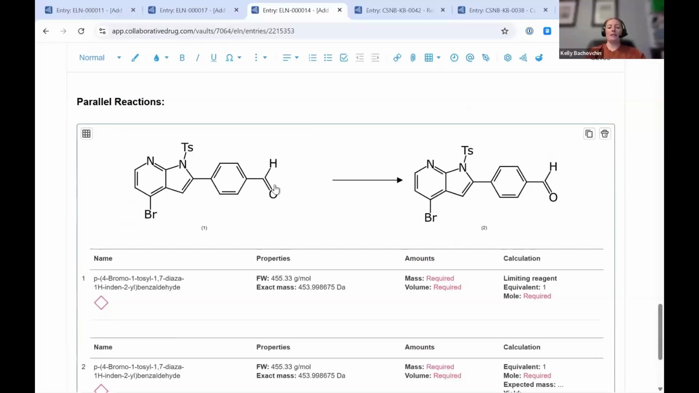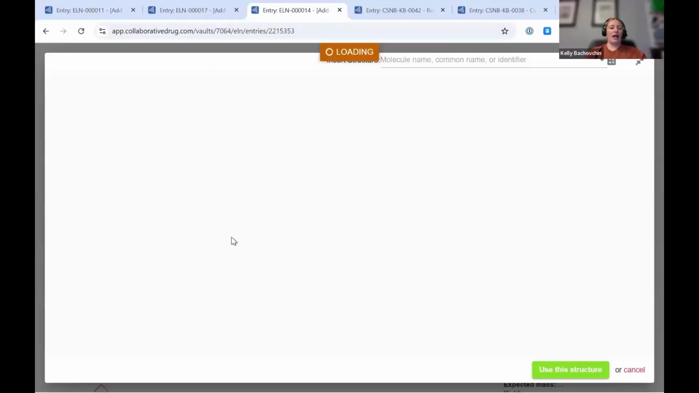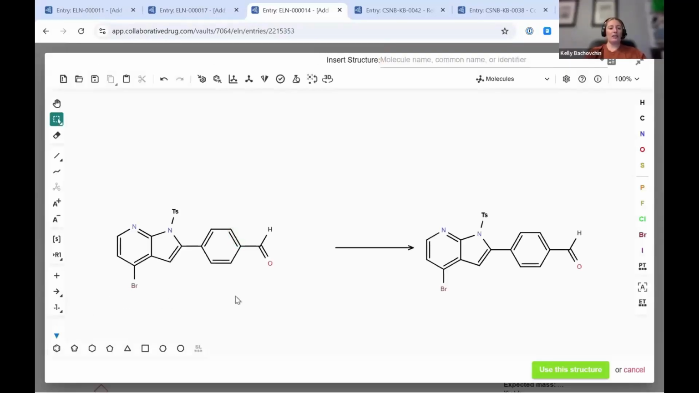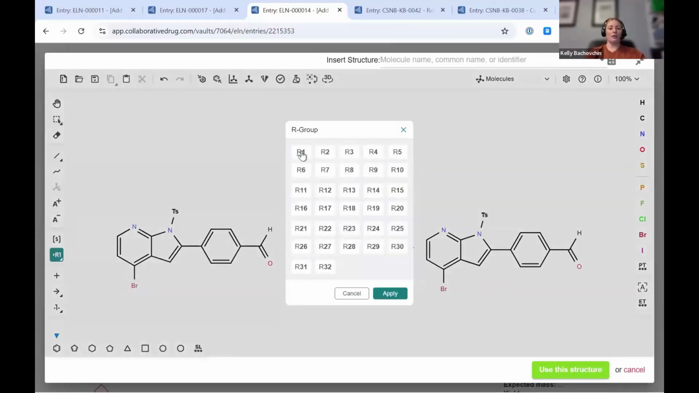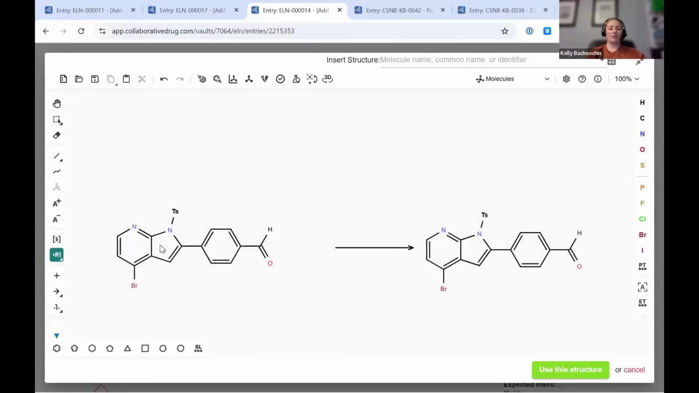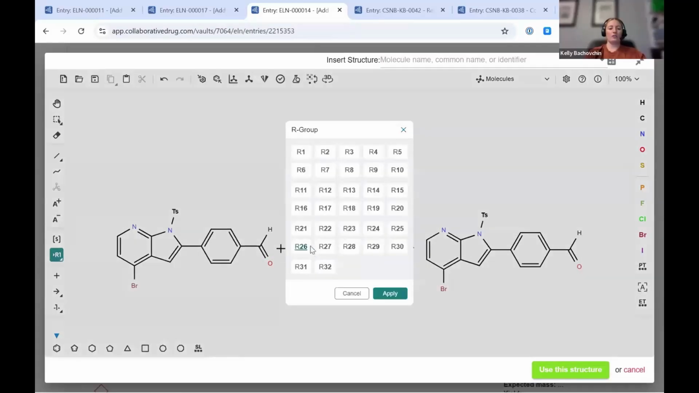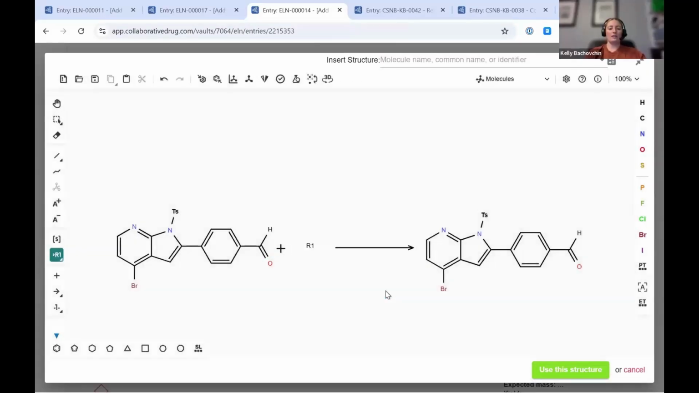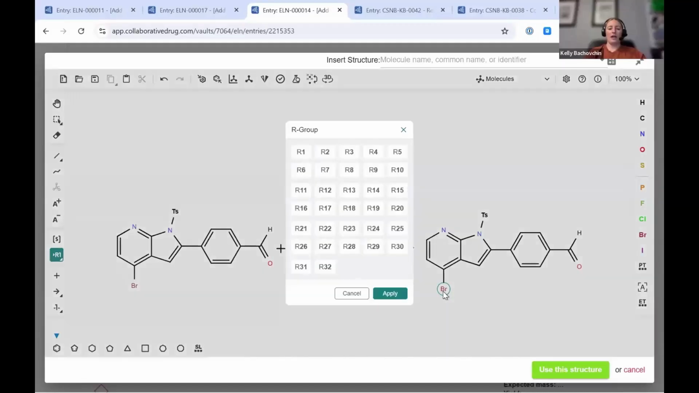In order to make this a parallel reaction, I have to add an R group into my structure. So I clicked into the structure to open the structure editor. I'm going to go to my R1 icon over on the left, and I'm going to select the atom that I want to make my R1. Actually, I'm going to put R1 just as another reagent here. So I'm going to add R1 just to the canvas. I'm also going to add R1